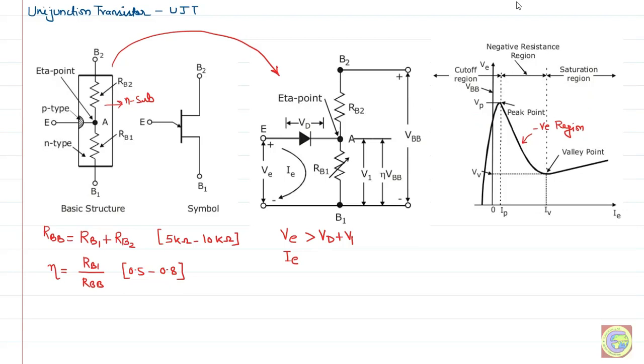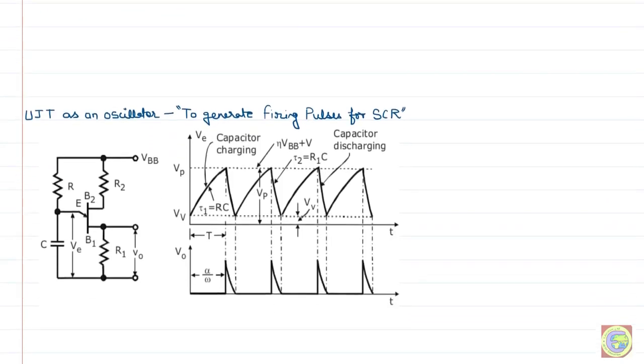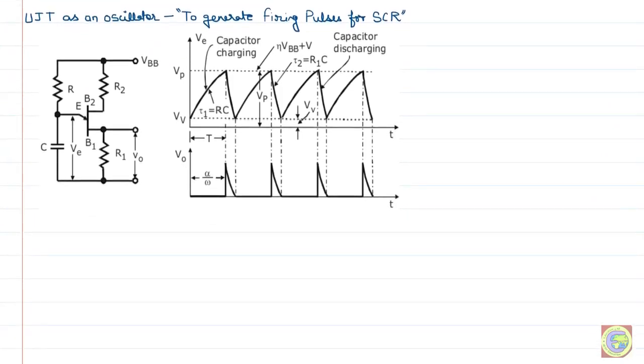We will now discuss the UJT as an oscillator, which ultimately generates the firing pulses for our SCR. So this is the equivalent circuit of an oscillator using UJT. Remember, internal resistances RB2 and RB1 are already there for this device, and of course will be considered when we design this circuit or make calculations. Externally connected resistances are given by R1 and R2.